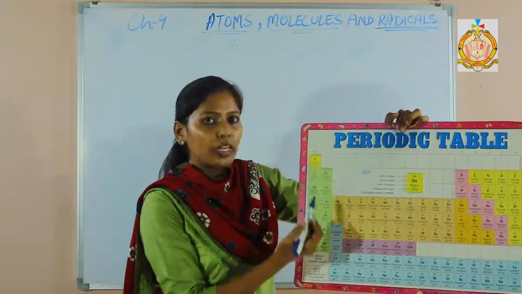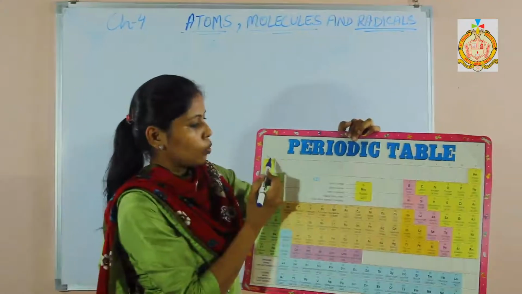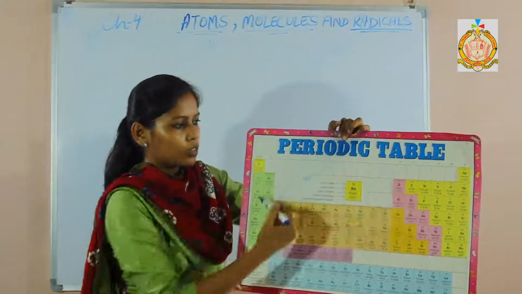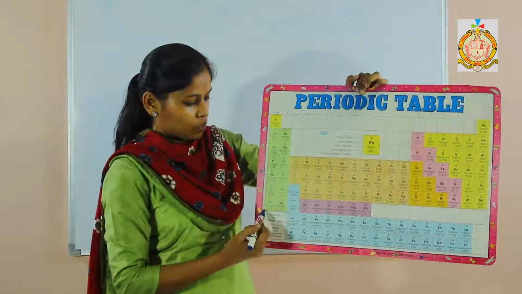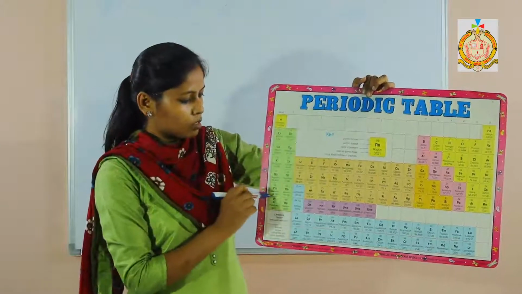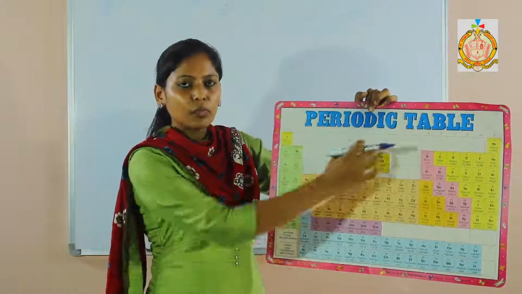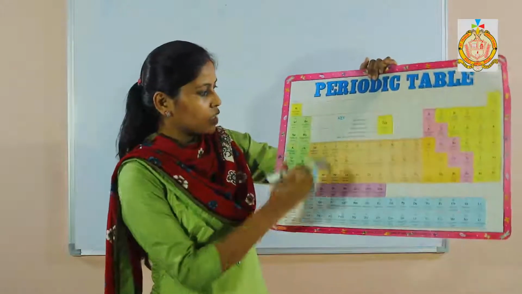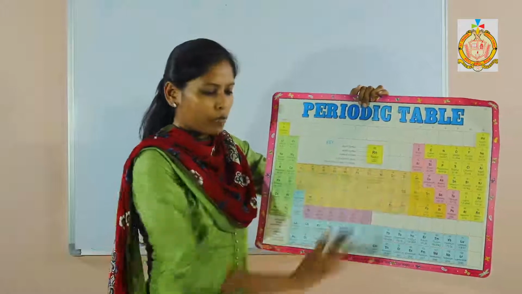So in total, how many groups are there? When you count this full periodic table, there are a total of 18 groups, from 1 to 18. And when you count the number of periods, the horizontal rows, you have to count up to this. Don't count this one. Up to this, when you count, it is 7, like first, second, third, fourth, fifth, sixth, 7. Total 7 periods are there, and vertical lines are 18. Total groups are 18. Next, groups 3 to 12 are missing from the periodic table. In your syllabus it is not there, so they have not drawn it.